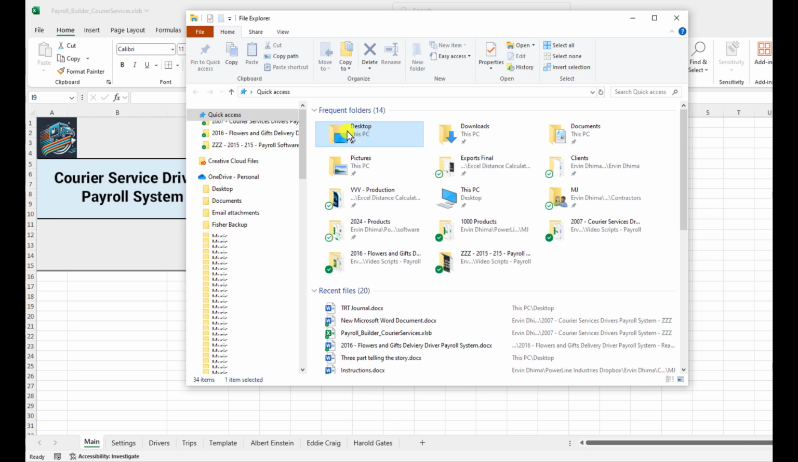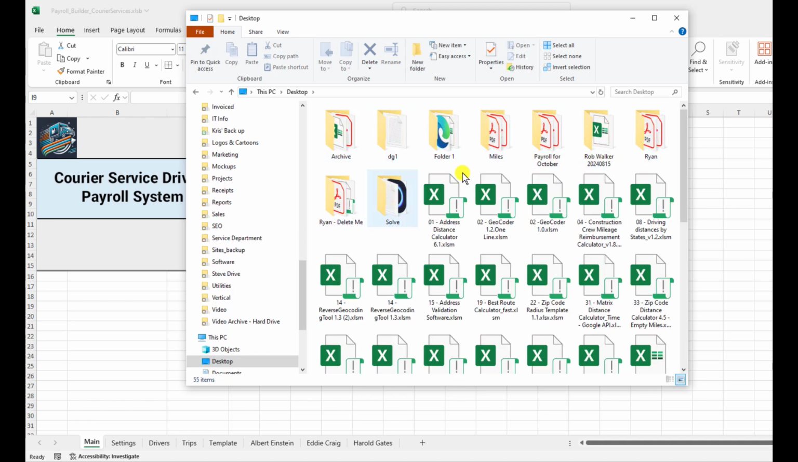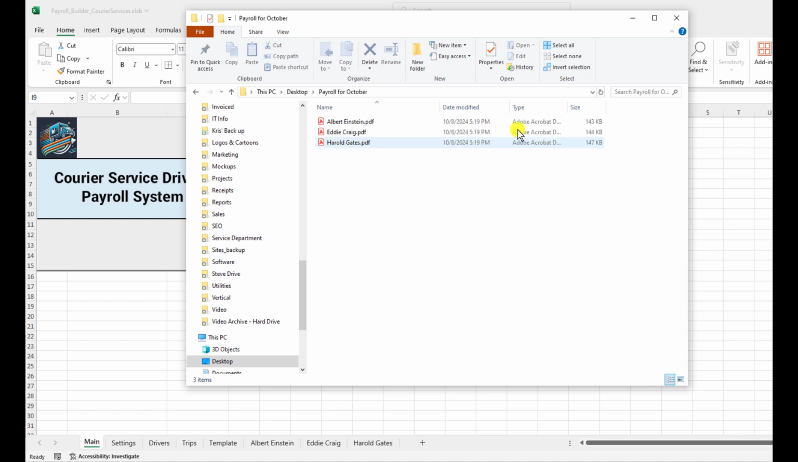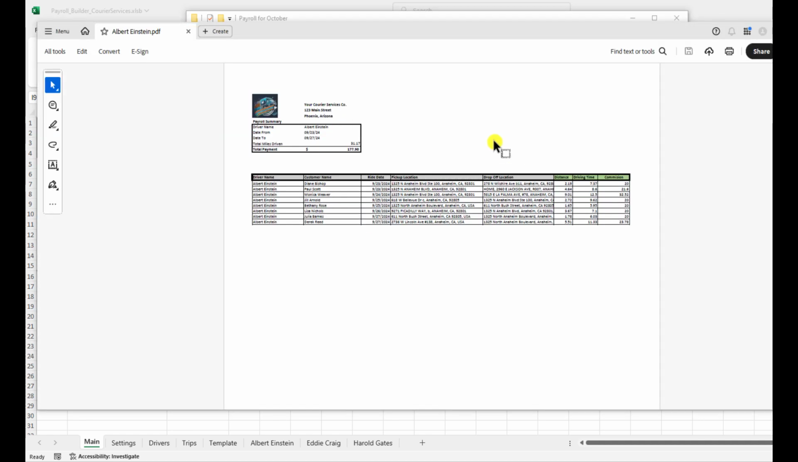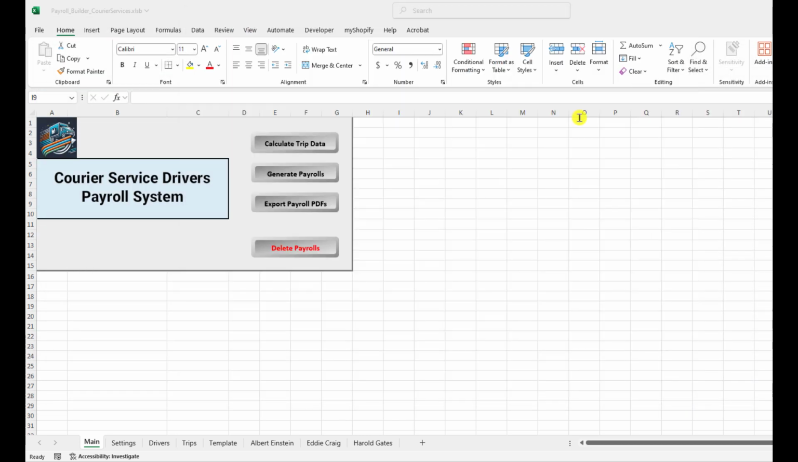Let me show you where that is. And this is the file that we told the tool to export those, and they're named after each one of the drivers. I can open them, and it will give me those details just like they are in the sheet, and I can email this to the driver as a payroll proof, and also to the AP to make those payments. And once I've done that, then I can click on Delete Payroll, and the tool automatically resets so